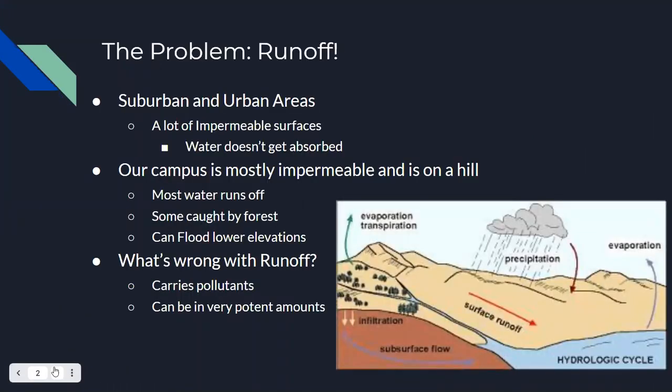Okay, so what is the problem that we're trying to solve? It's all about runoff. Our campus has a lot of impermeable surfaces, like concrete and asphalt. Impermeable surfaces are surfaces where water doesn't get absorbed into the ground, so it can't get through that surface and gets trapped at the top. If the water gets trapped at the top, it has to go somewhere. So it either goes into the sewer or it runs down our hillside into the valley on each side, and